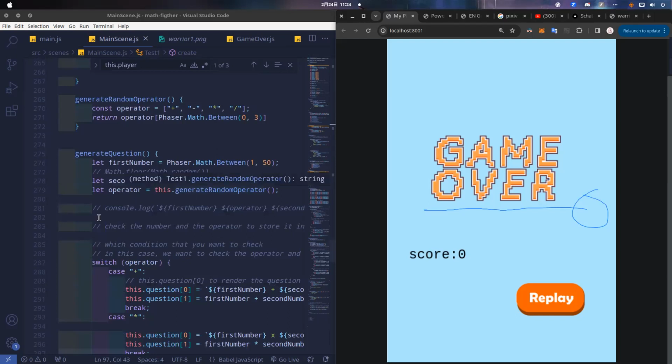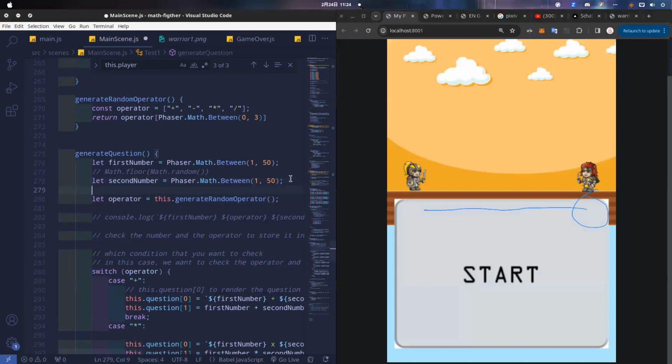If you see, we just have two variables, first number and second number. Now I want to add a new feature so we can calculate three numbers at the same time. Just simply add, for example, let third number, and we copy paste from this one. We just want to generate that one.